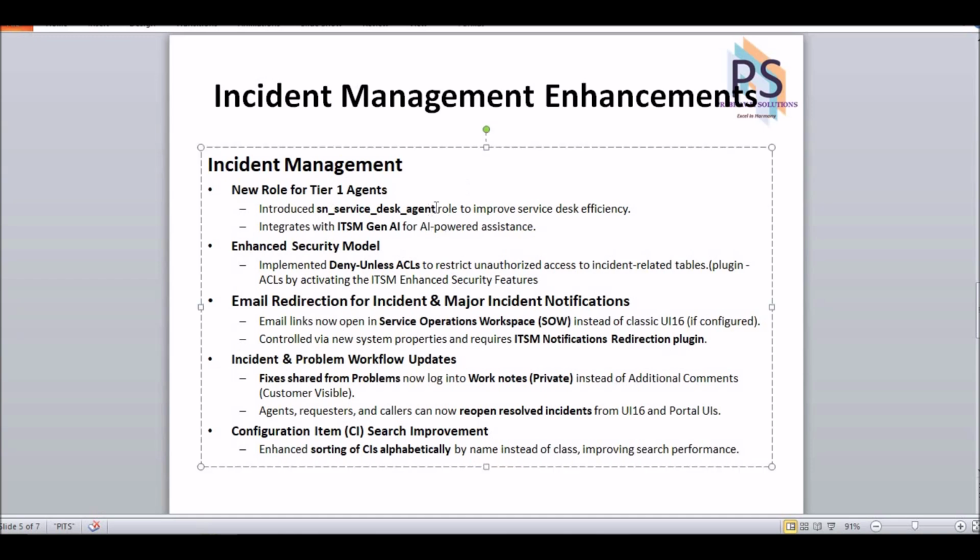Let's go through one by one. So the first one is the SN Service Desk Agent that we just had a look at in workspace also. This particular new rule got added where the agent can quickly have a look at the incident, problem, change records with this rule. This also integrates the ITSM Gen AI, so I will not be able to